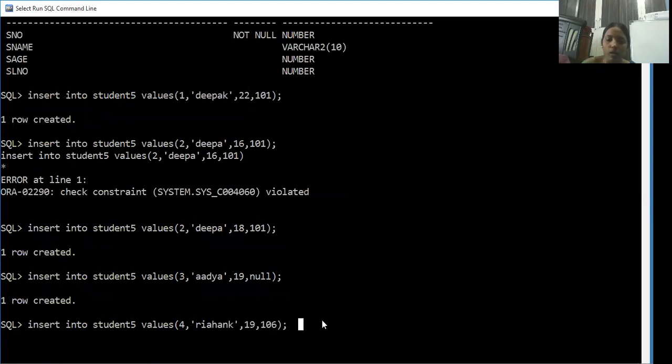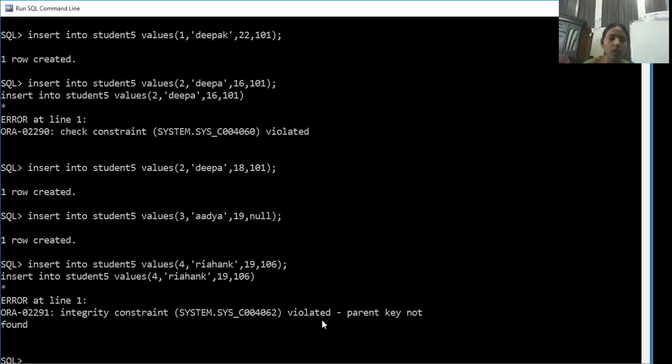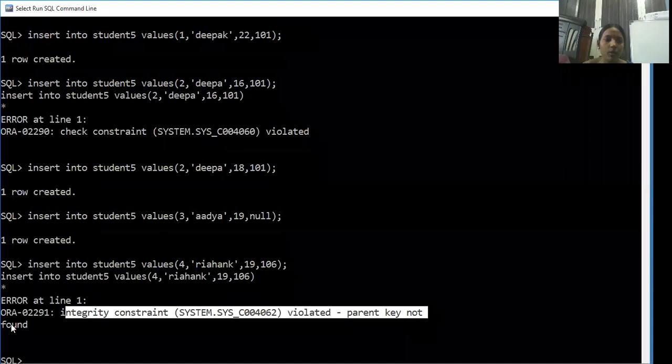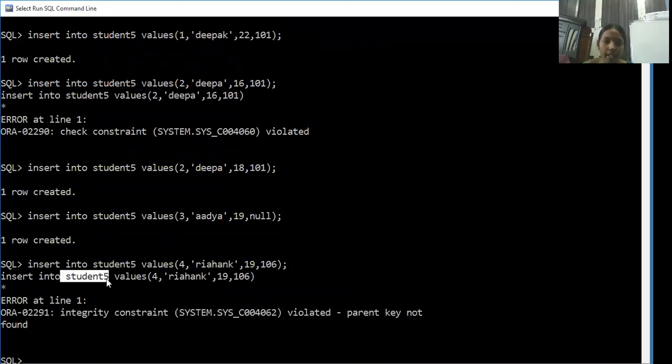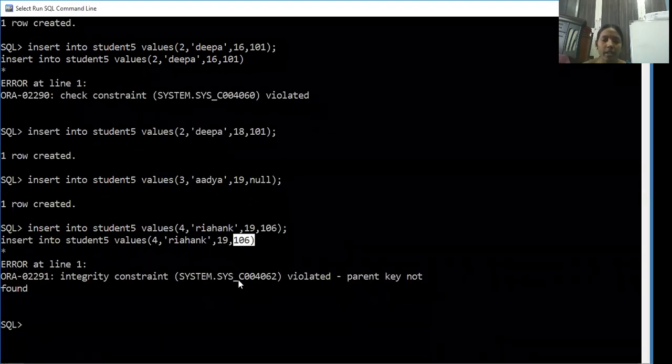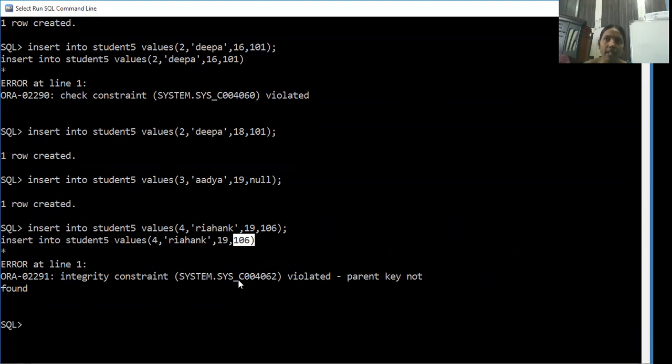Now will you get an error or not? Check out. Now what are you getting? Integrity constraint, parent key not found. That means this student table is a child table. This is a foreign key, right? Now the parent of this is the lecturer table. In that lecturer table, you don't have the 106 value, so you're not supposed to enter it. So if you're writing a foreign key, it accepts only the primary key values of some other table, may be repeated, may be null. Other than those primary key values, it is not going to accept and it will show you an error. So this is about your constraints examples.